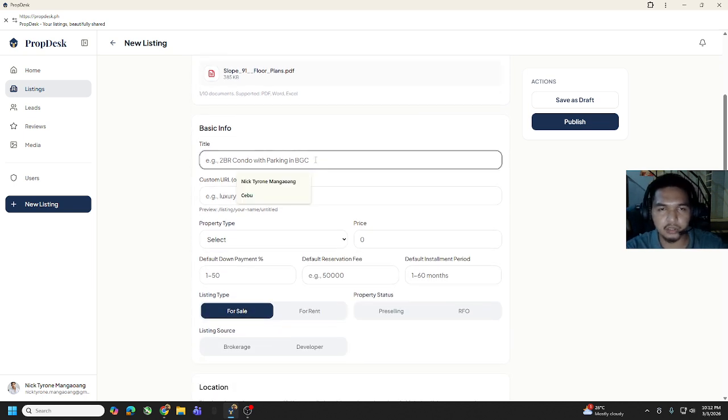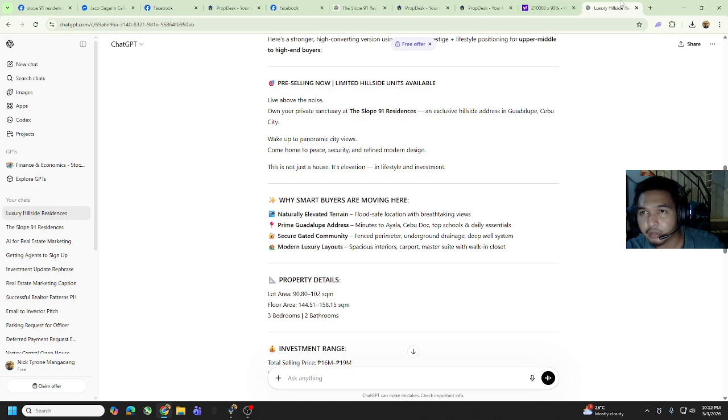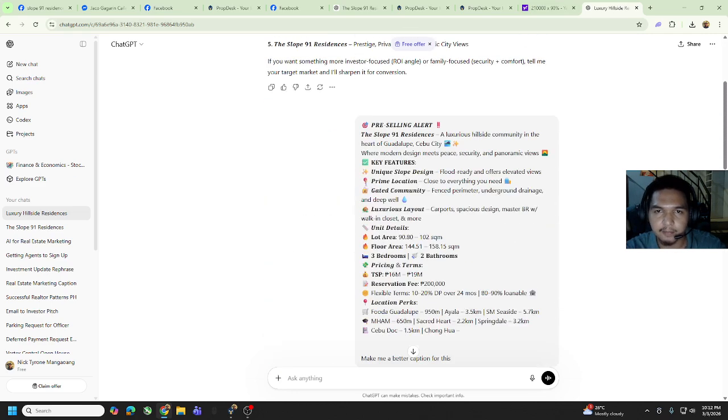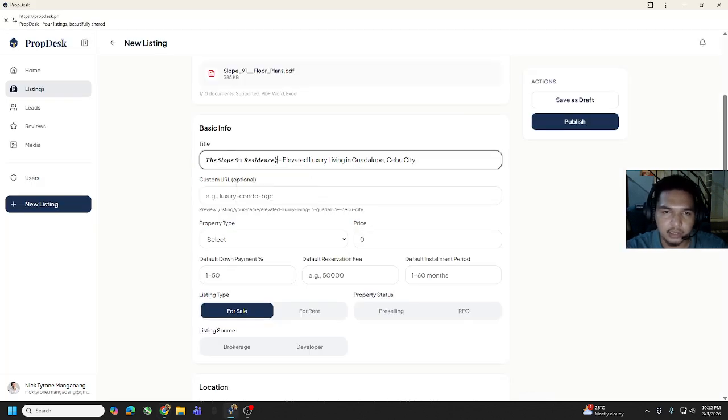For the title, I've already asked ChatGPT to give me some good titles for this property. For example, this one, The Slope 91 Residences. I'll just change this because I don't like the font.